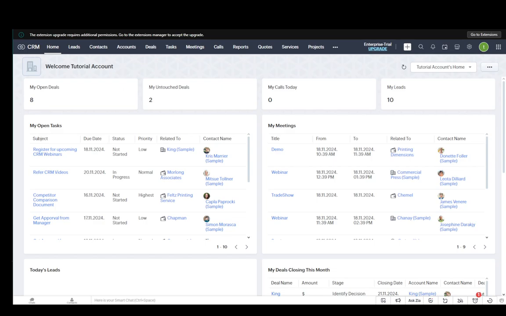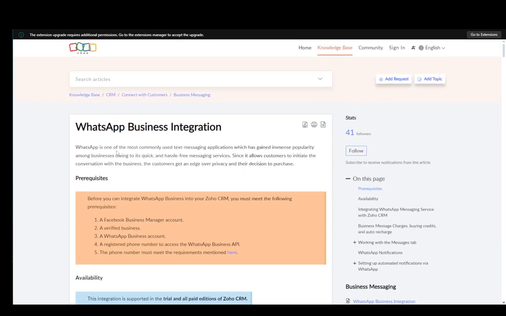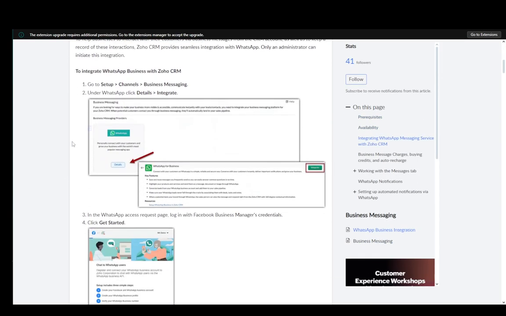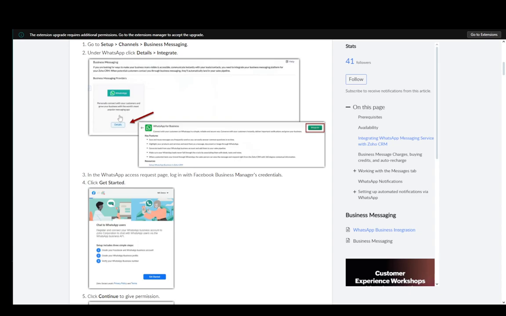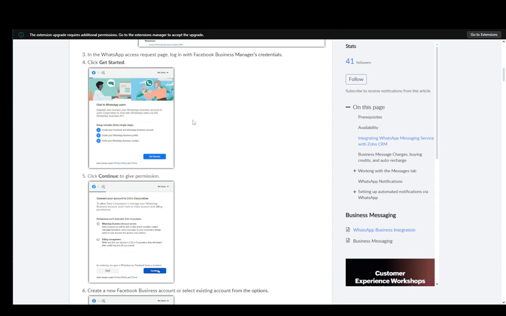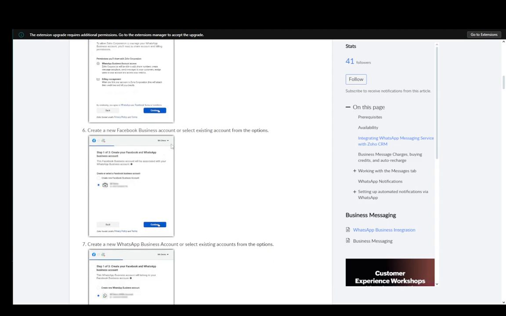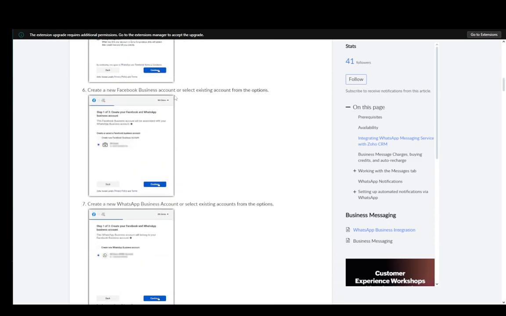Now, because I don't have either of those accounts, I will be using this guide over here on the business integration. And what you need to do first is go to setup and go to channels and go to business messaging. And from there, click integrate under the details of WhatsApp. Then in the access page, you're going to need to log in with your business manager credentials and then click get started. Then you're going to need to click continue to give permission, create or log into an existing account